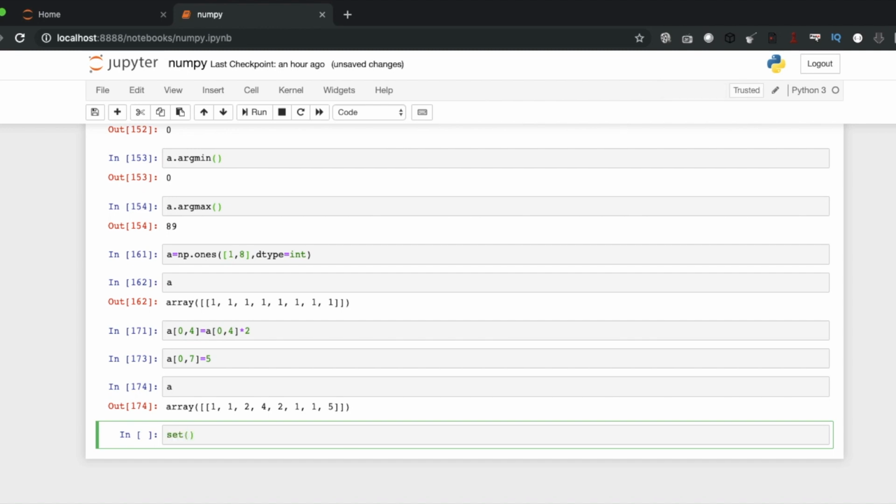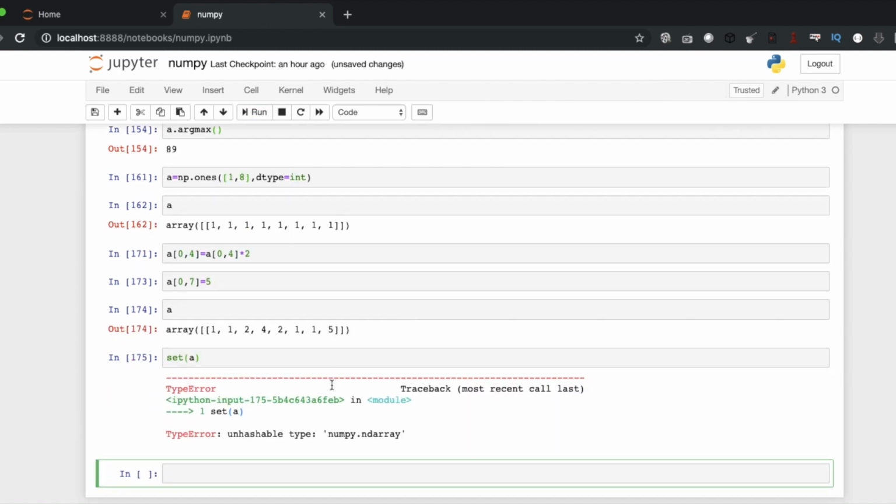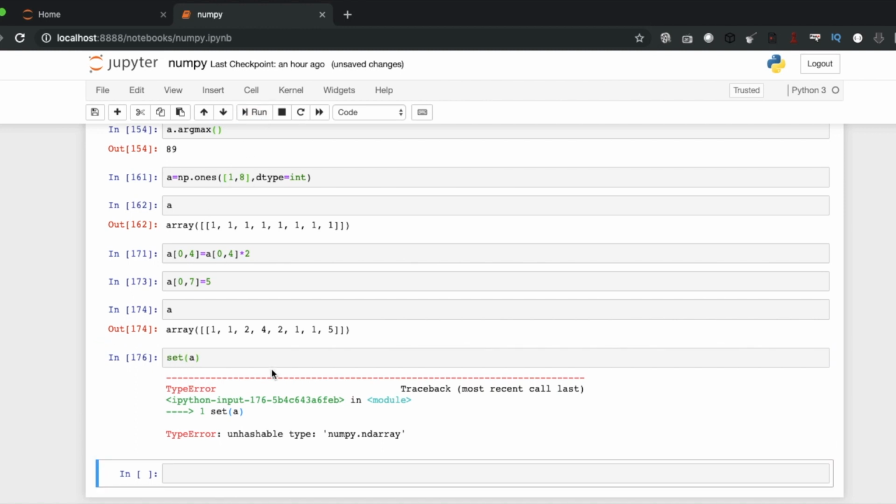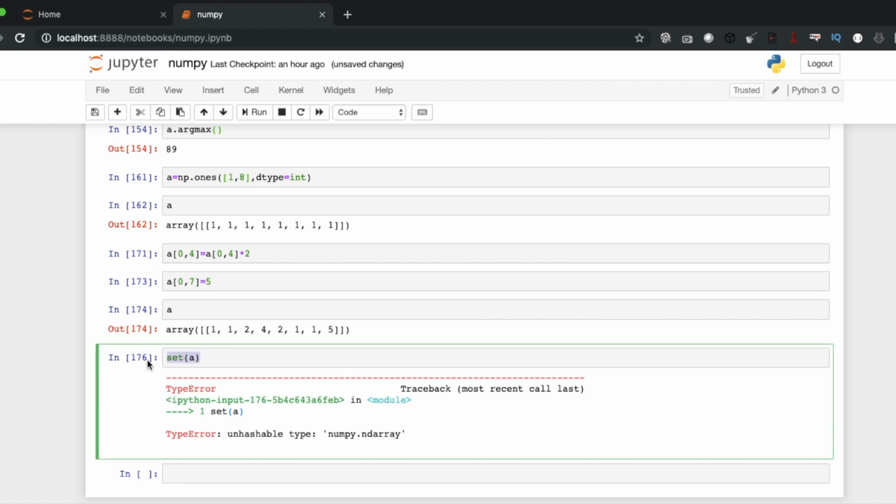Okay, this is not possible to do over here. Unhashable numpy array. I'm not sure why this is not working. Unique array.